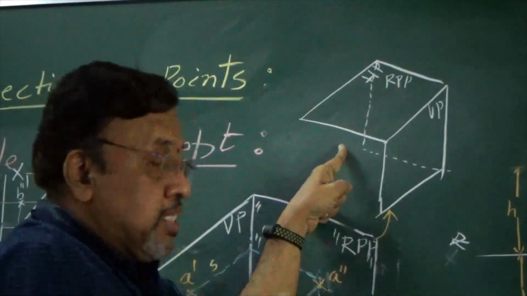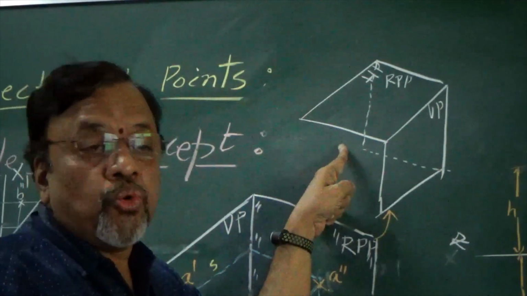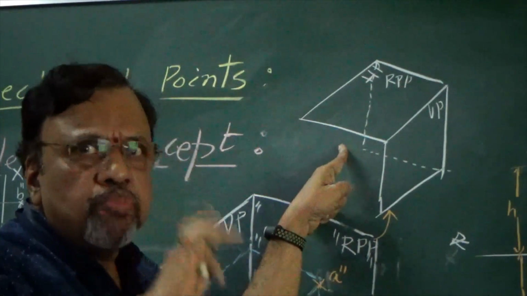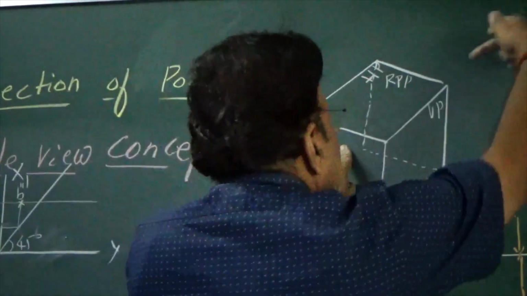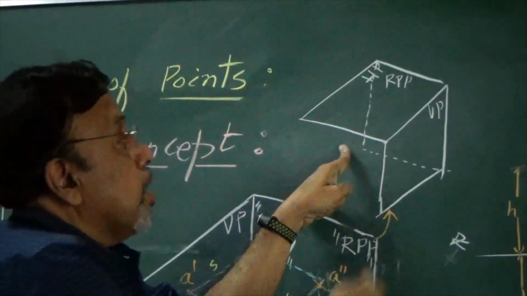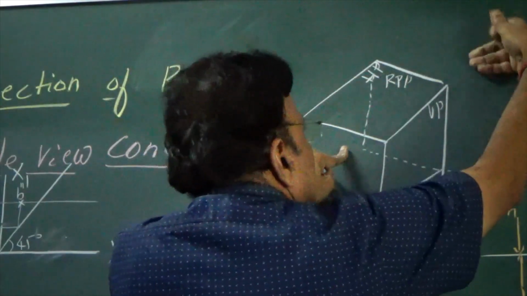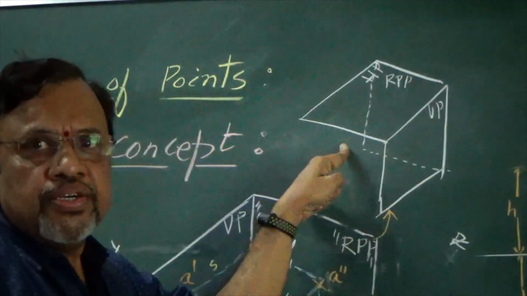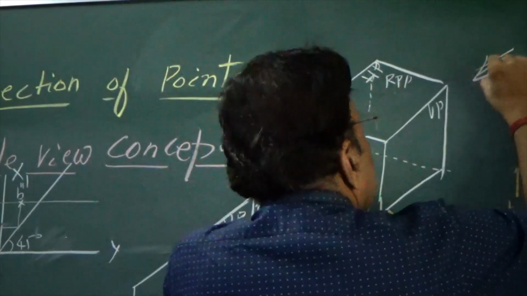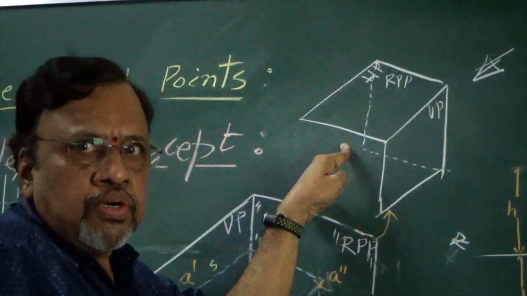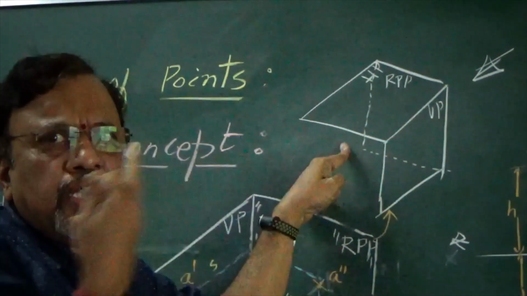Now, if I want to view from the side, I need to follow the same convention. So, what is the convention? Your plane should be in between. Then, where do you view that? Either you view from the left side or from the right side. I will view from the right side only. Why will you view from the right side? If I view from the right side: observer, plane, object. So, I am satisfying that condition. That is the reason I had to view like this. So, if I view like this, for the observer, from which direction am I viewing? From the right side I am viewing.